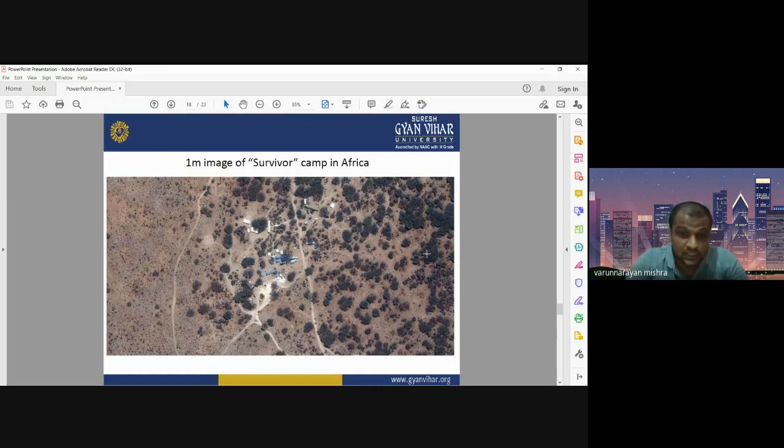So here you can easily detect individual trees, buildings, and footpaths. These are the footpaths, and you can see how much detail you can have by using 1 meter spatial resolution images of Ikonos.